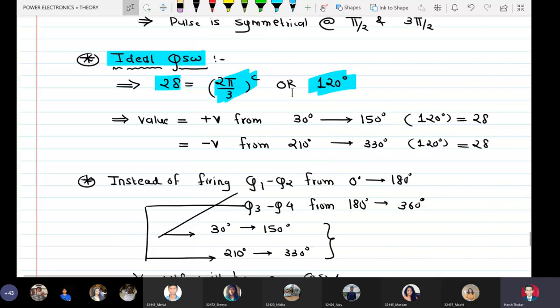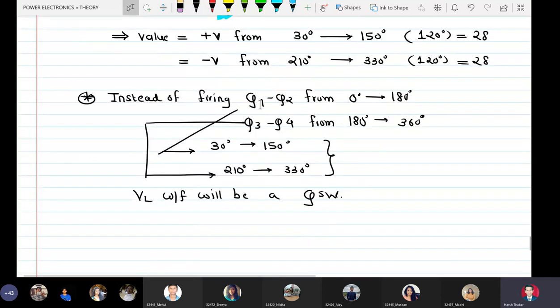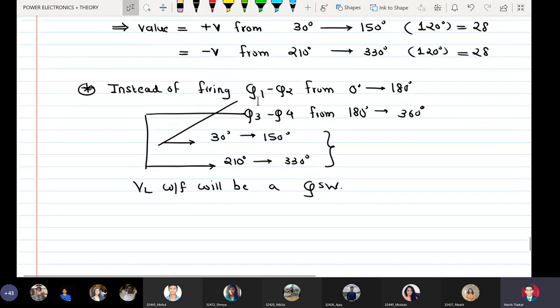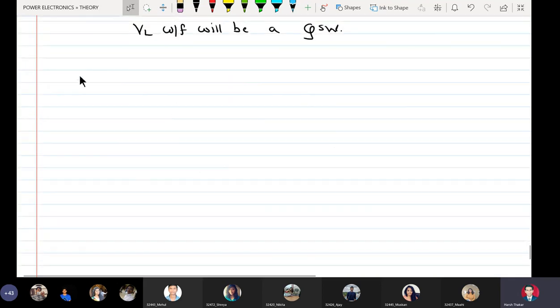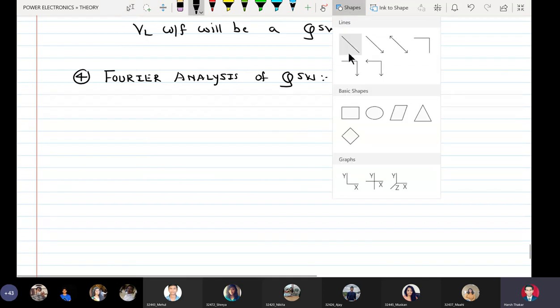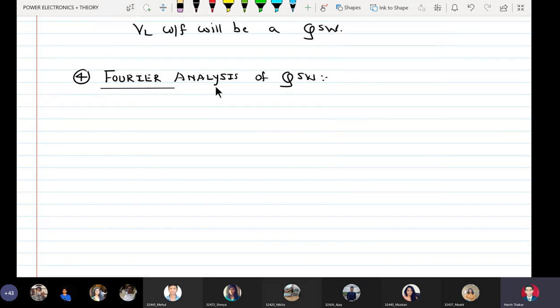Okay. Last point for us now. We are not going to take numericals because I do not want to extend the lecture beyond 1 hour on a Saturday. So now the last agenda of the day is Fourier analysis of Cauchy square wave. Now, what is the purpose that we are discussing Cauchy square wave?